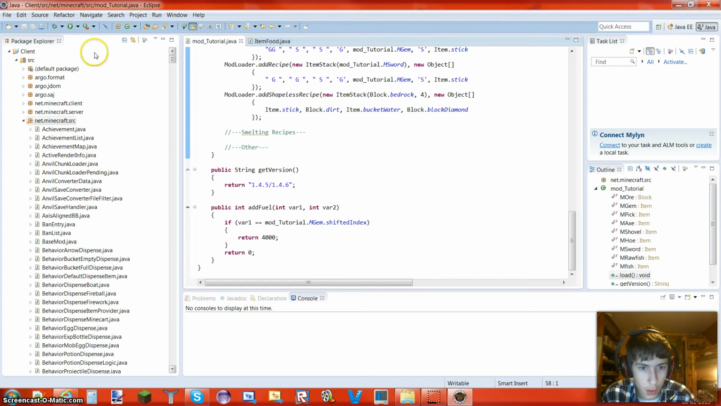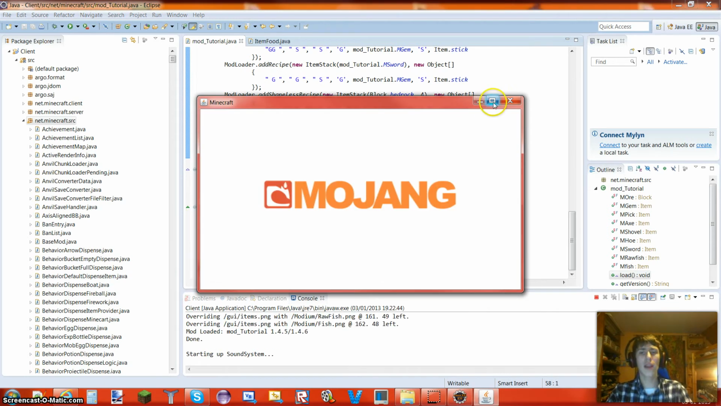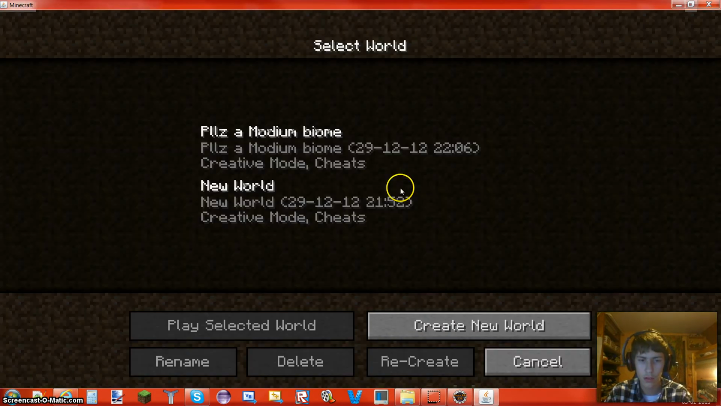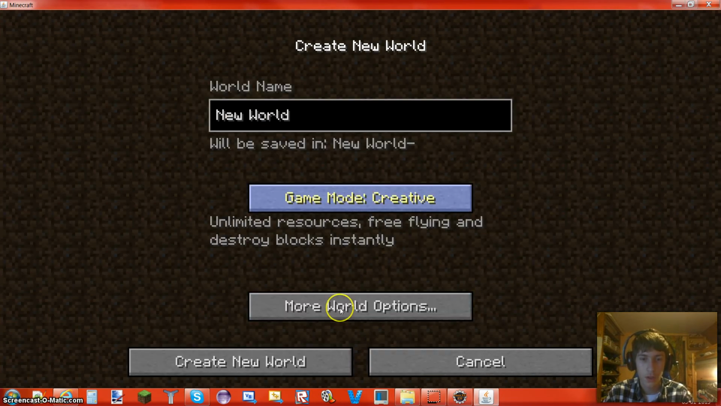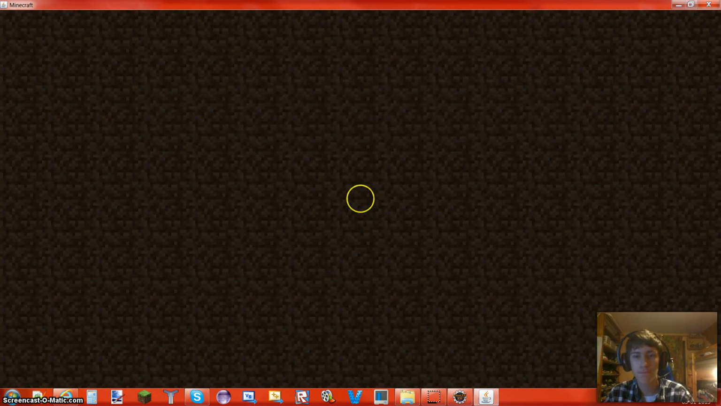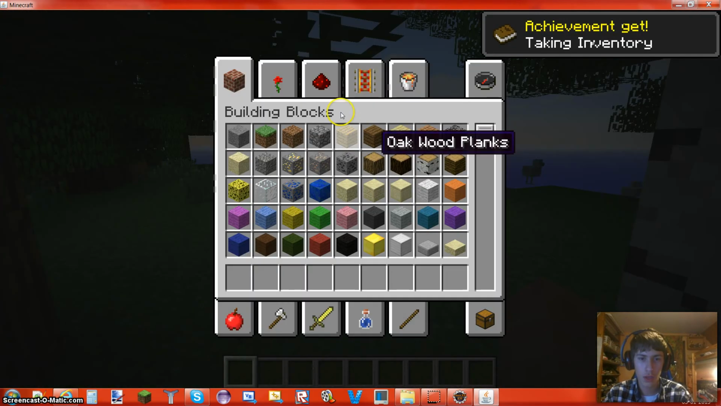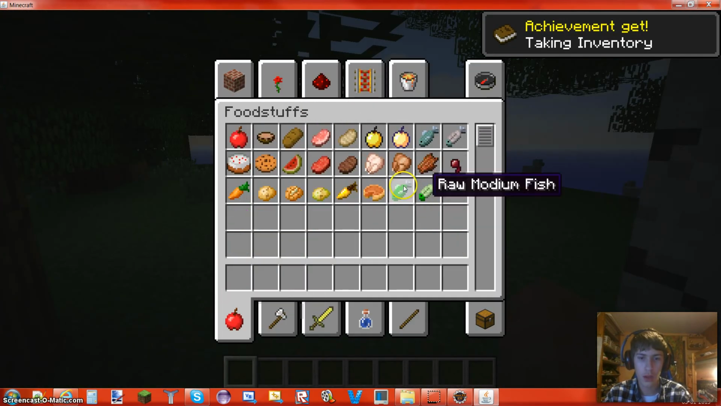So if we go ahead and, I was gonna teach you that. If we go ahead and, don't look at it, guys, don't. If we go ahead, I actually found one here. We're gonna have a look at that later. It's the Modium biome. Looks kind of cool, actually. Now we can go into food, and there is our